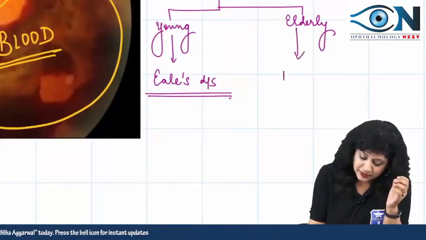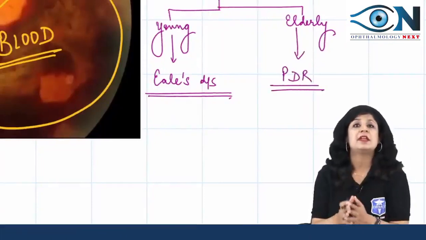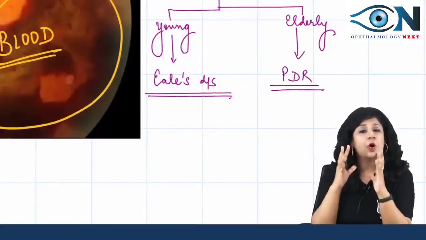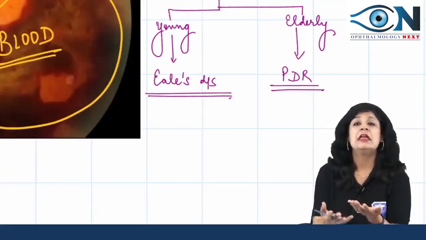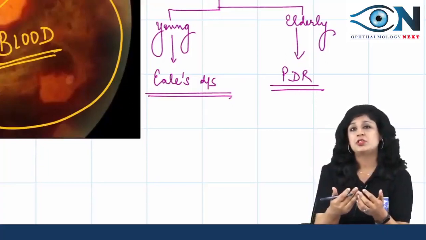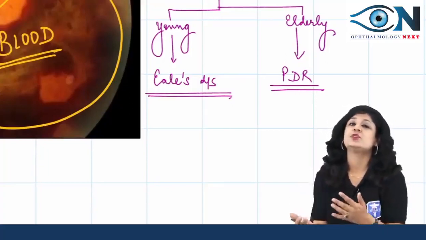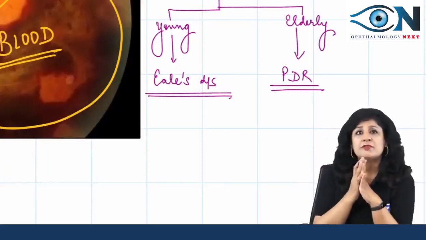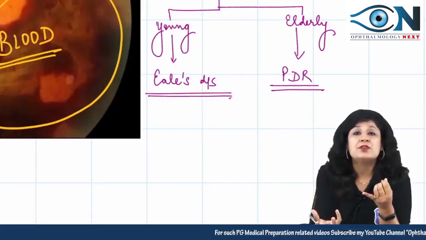But if this patient is an elderly patient, then the first thing that you have to think of is actually PDR, that is proliferative diabetic retinopathy, because you know the hallmark of PDR is neovascularization, and when we have neovascularization, these vessels are very, very fragile, and because they are fragile, they will lead to vitreous hemorrhage. So whenever you are having a B scan showing you absence of the red glow,